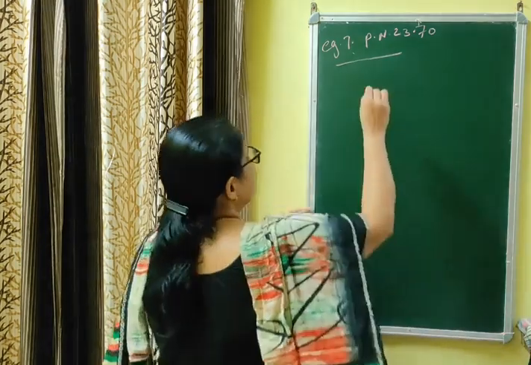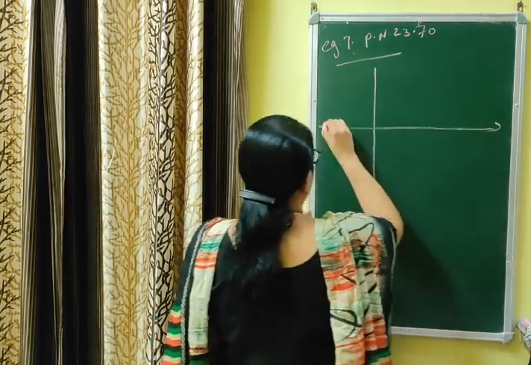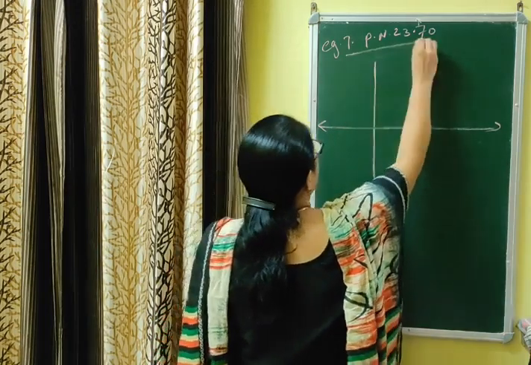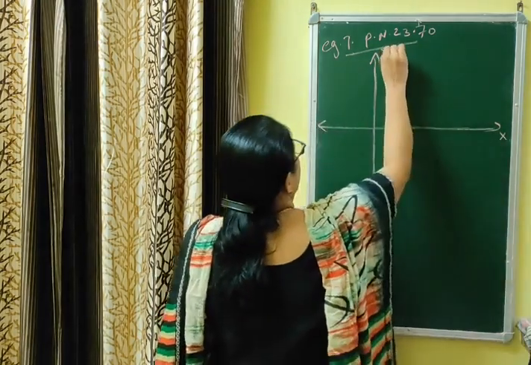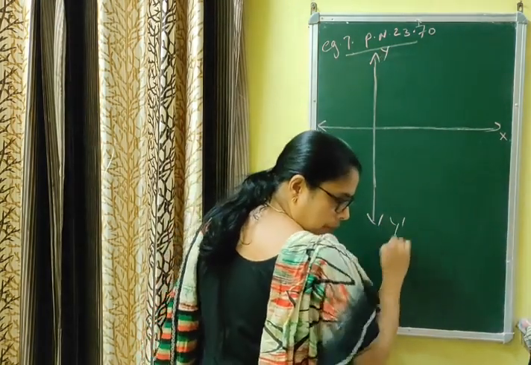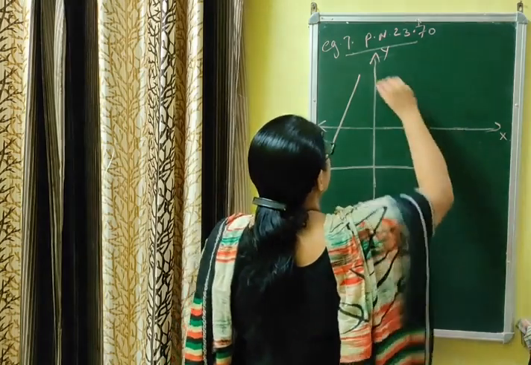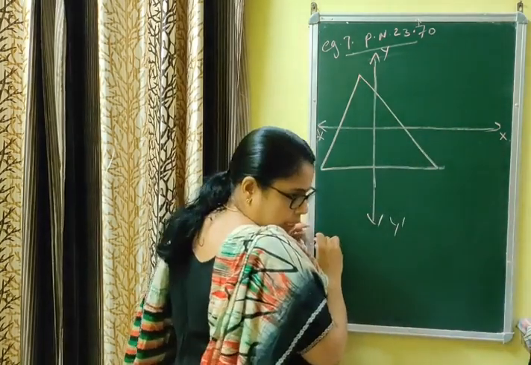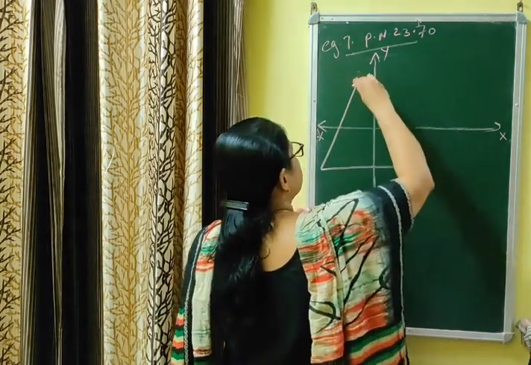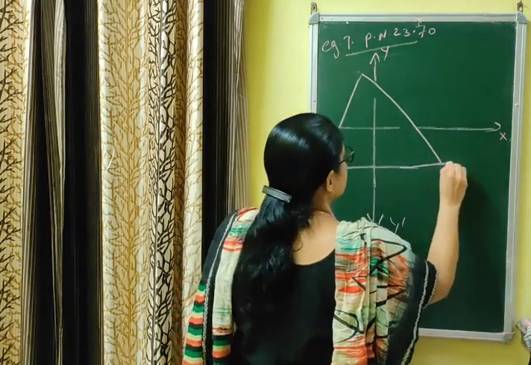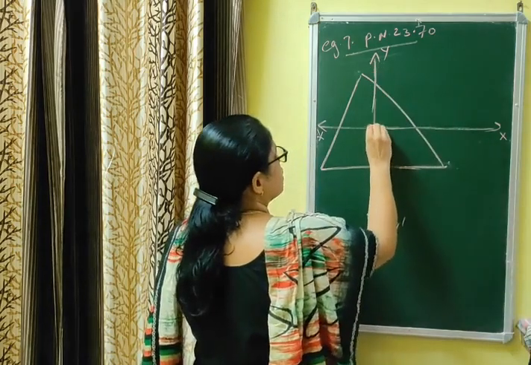Let me draw the figure. Without drawing this figure, we can't do the question. I told you whenever you have any confusion in 2D, meaning straight lines, it is better to draw the figure. Let me draw the coordinate axes x, y, x dash, y dash. And you are given a triangle. The triangle's shape can be anything. I am taking the triangle like this. You can do it in any way. But one thing is very important: the centroid must lie on the origin. So let us make it a little bigger. That is, this becomes like this. The centroid of this triangle must lie on the origin. This is the origin.